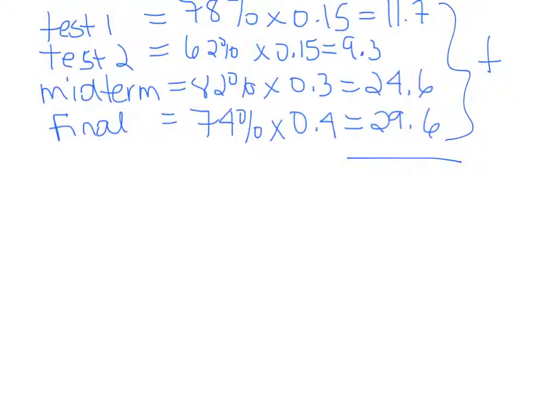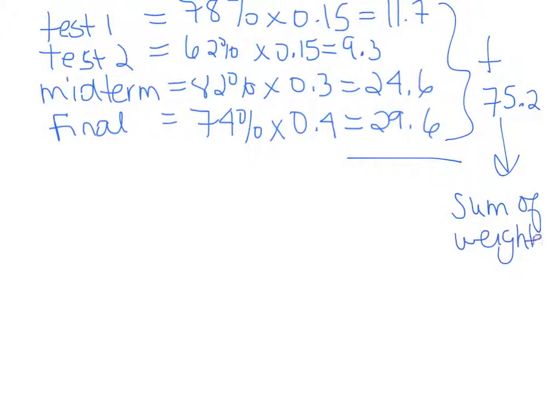And I end up with 75.2. Okay. So that is the sum of the weighted means, the weighted averages. We're going to take that and divide it by the sum